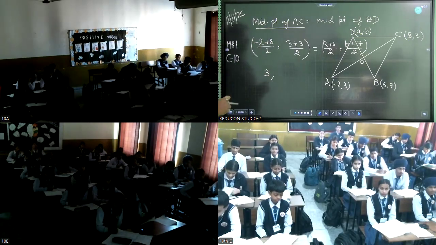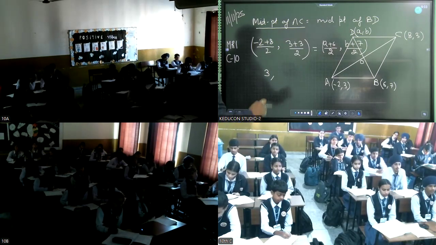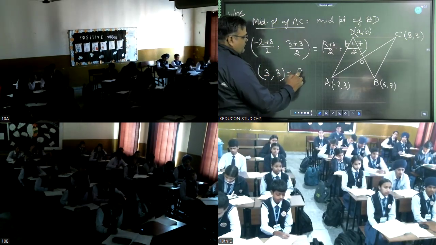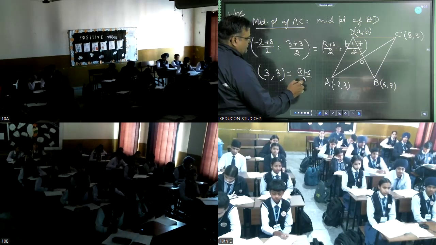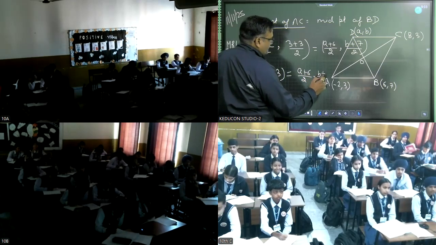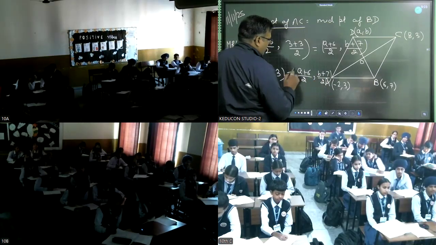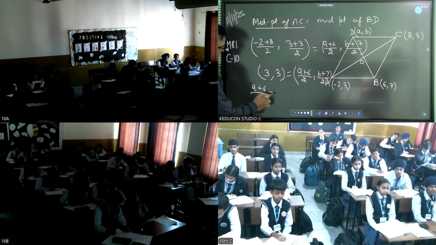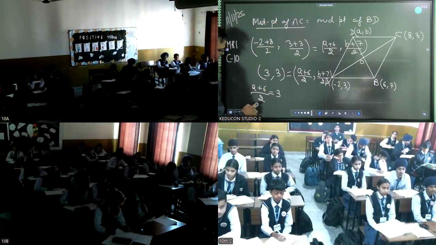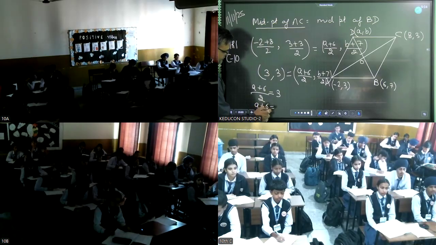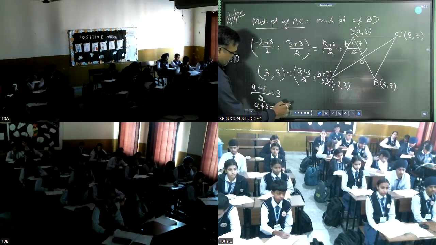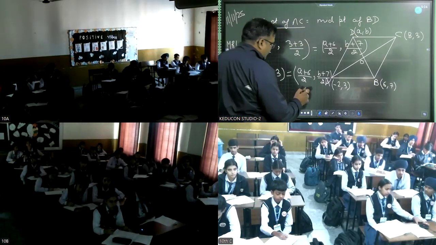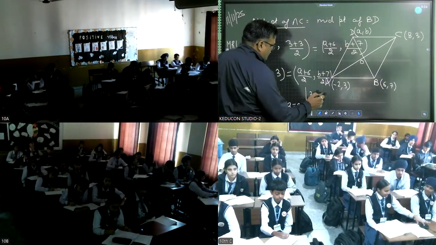Minus 2 plus 8 will be 3, children. Plus 3 will come. 3 comma 3 is equal to, comma b plus. Equate them, children. a plus 6 by 2 equal to 3. So a will be equal to, what will be the value of a? 0. 0. Similarly, b is equal to,